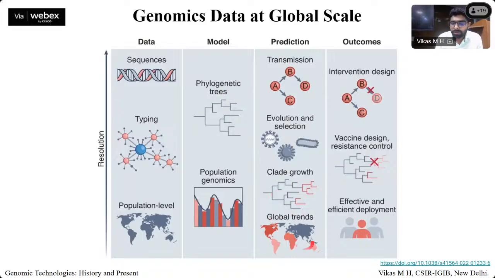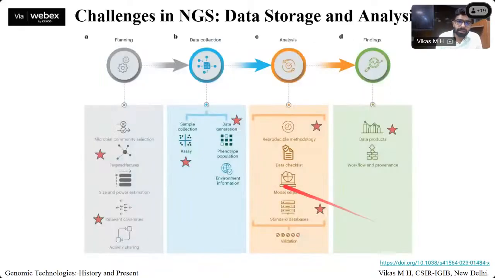So when you look at these global trends, you will be able to come up with a proper vaccination, or the drugs that can be used effectively against these particular strains, without having to go for the trial and error method again and again. So this will increase the treatment efficiency and reduce the time required to determine the right treatment. So there are a lot of challenges in NGS as of today, and